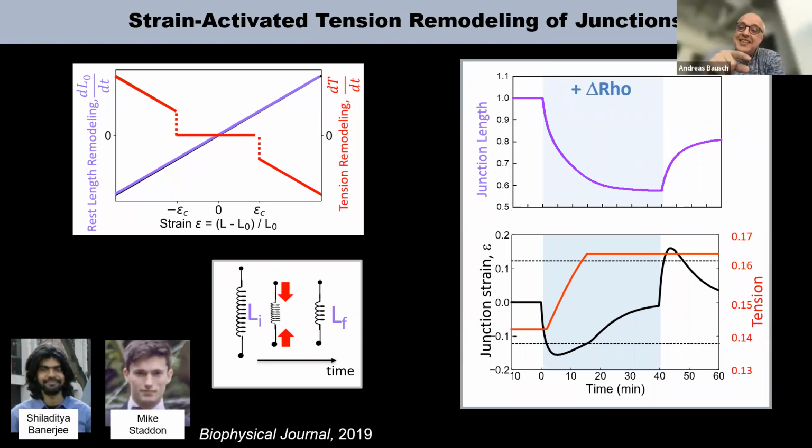Now, how do you distinguish between the single cell and the tissue response then? I mean, you do a local one for one cell. Yeah, so there's no changes in length of the neighboring junctions. And also, I guess the other,